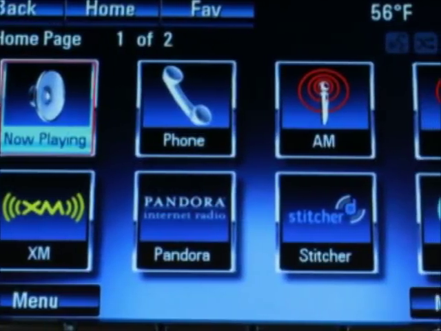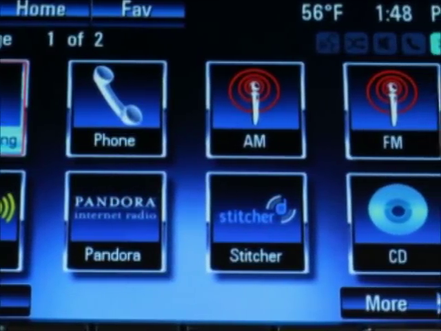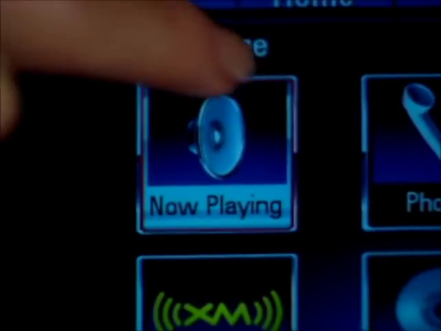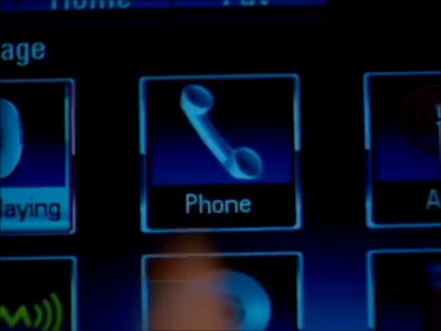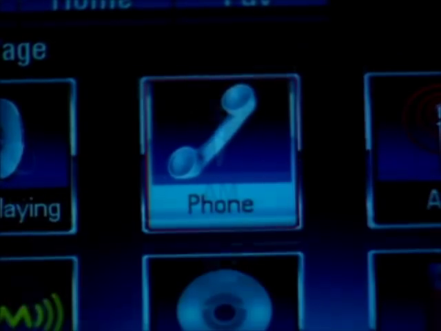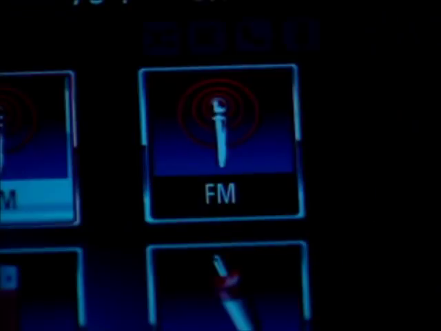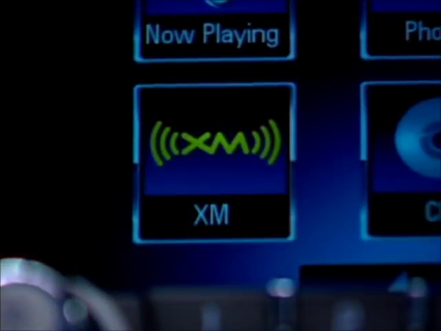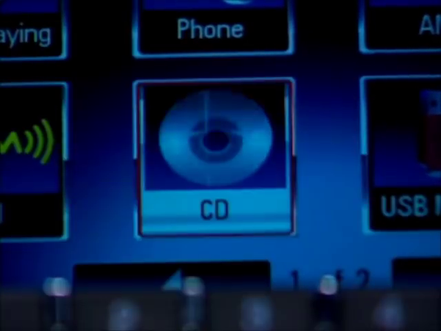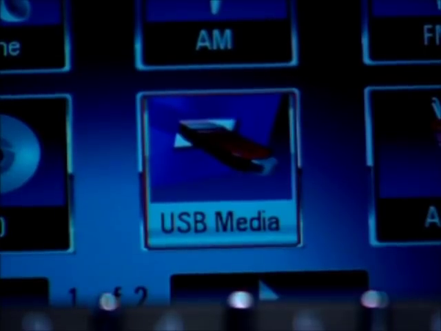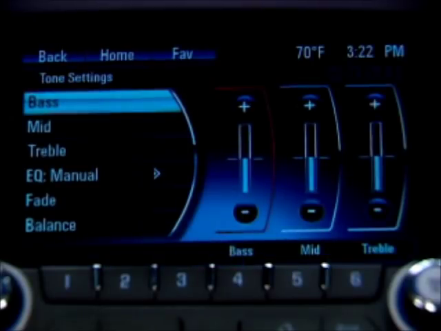Here, the icons that occupy the center of the screen are all touch-sensitive buttons. They include Now Playing, which shows which audio source is in use, Phone, AM radio, FM radio, Sirius XM satellite radio, CD, USB media for iPods, MP3 players, and USB jump drives, auxiliary, tone settings, which gives you the familiar balance, fade,